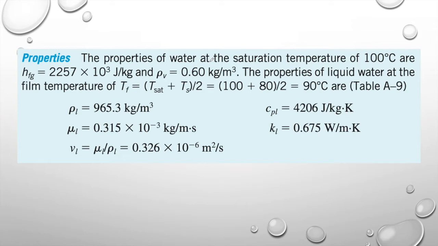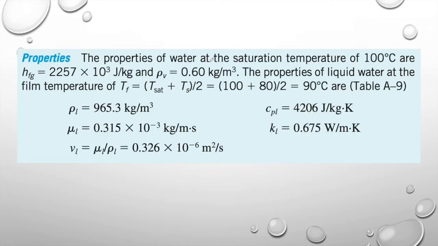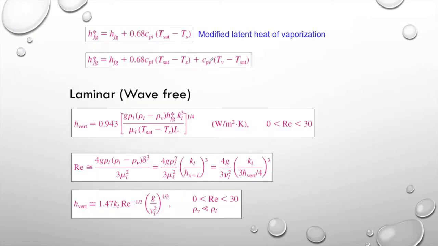In order for you to solve problems in condensation, as I mentioned before, you have to assume that the problem is at the wavy laminar flow, which is a Reynolds number in between 30 and 1800. So let's take a look at the equation for wavy laminar. I've already listed out all the equations that will be used